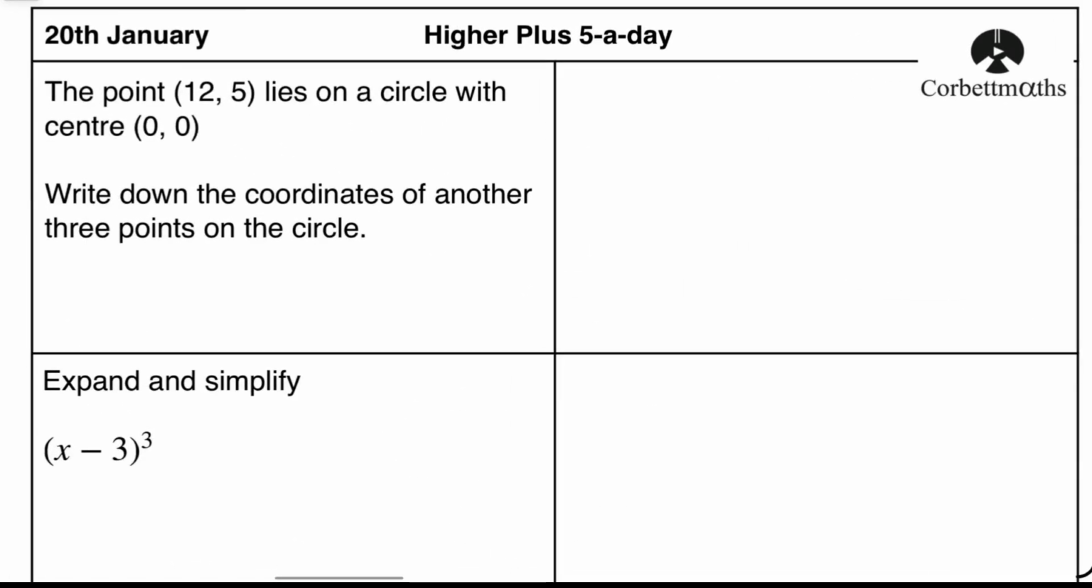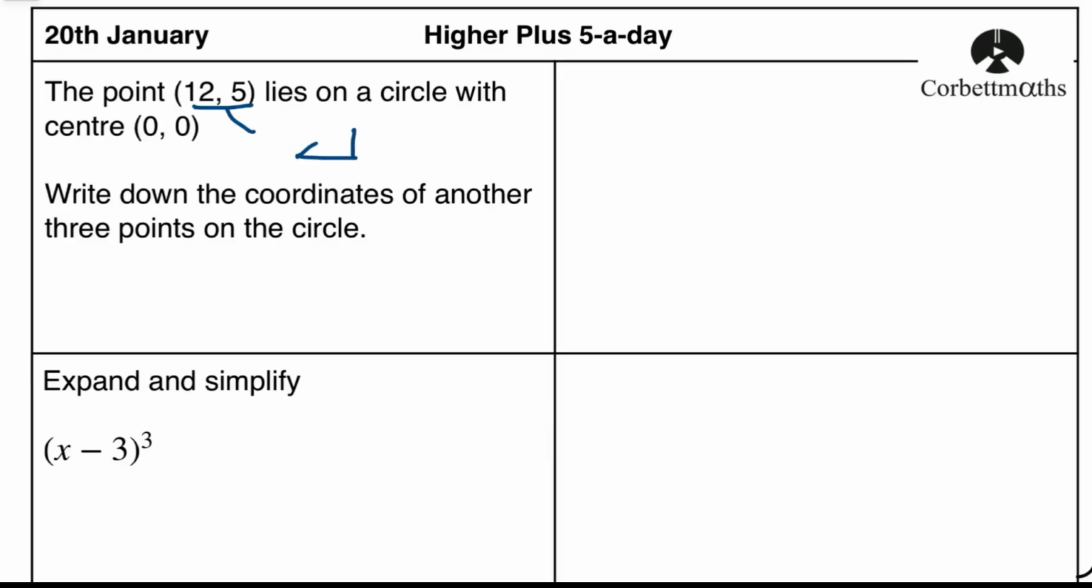Let's go with the first question. Okay, so what do we have? A point (12, 5) lies on a circle with centre (0, 0). Write down the coordinates of another 3 points. Cleverly worded question. Okay, first thing I think about, and again, this is a bit of experience coming through, (12, 5)